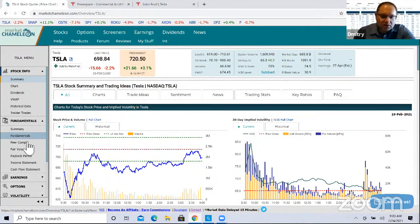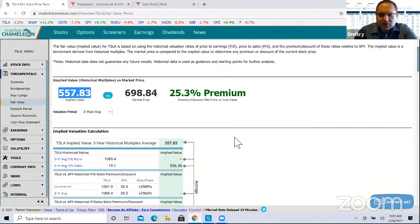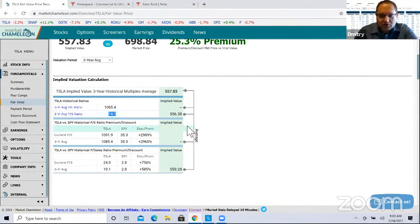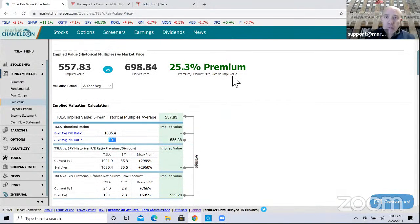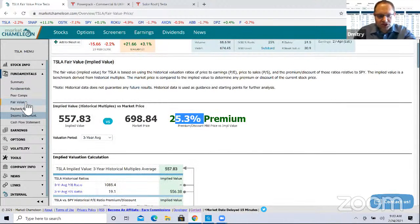We took a look at the fair value, and we saw that if it comes back to its historical multiples, then right now we're at a 25% premium, right? That's what we looked at. We're at a 25% premium. We also took a look at, well, let's just